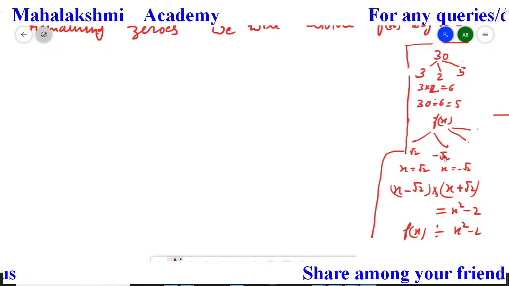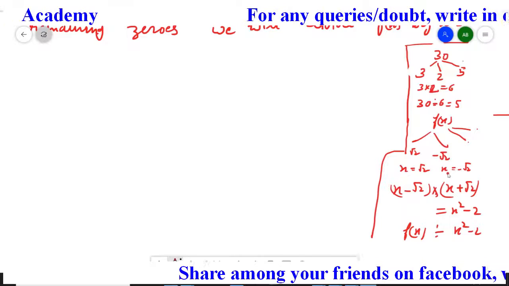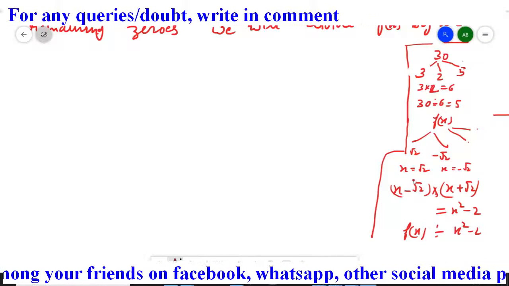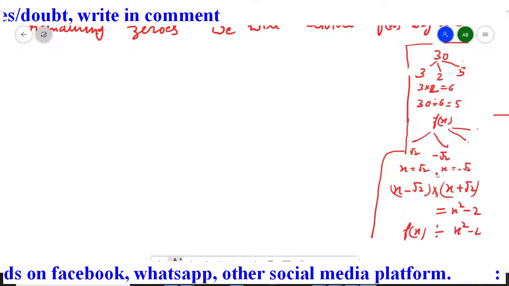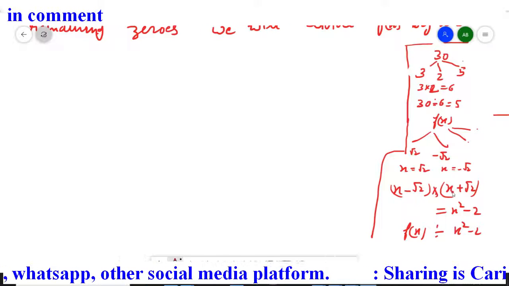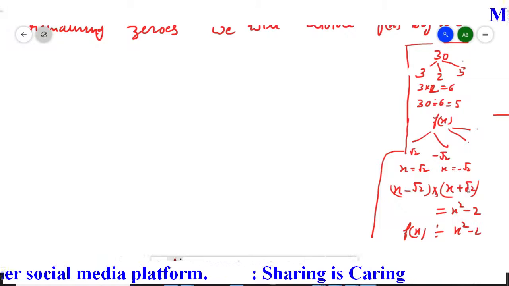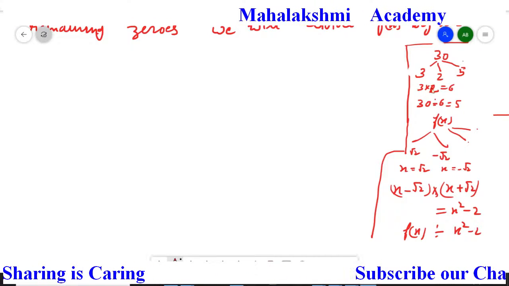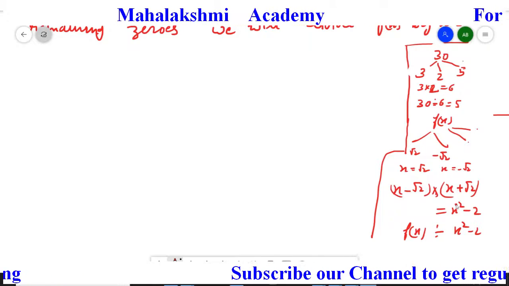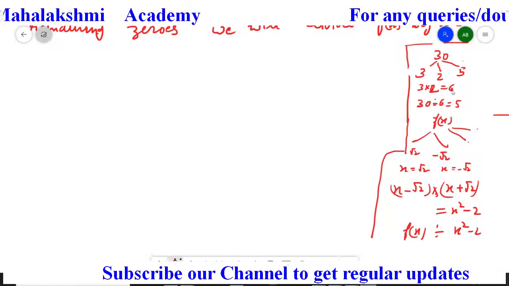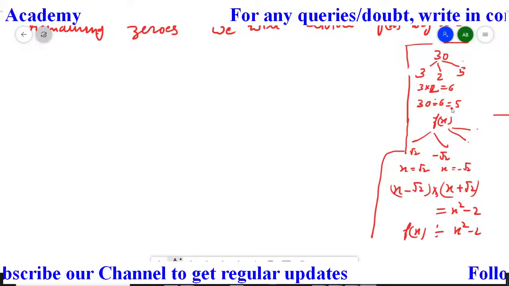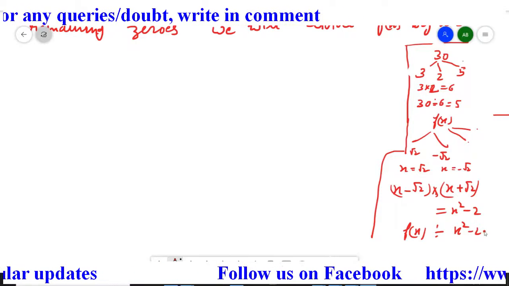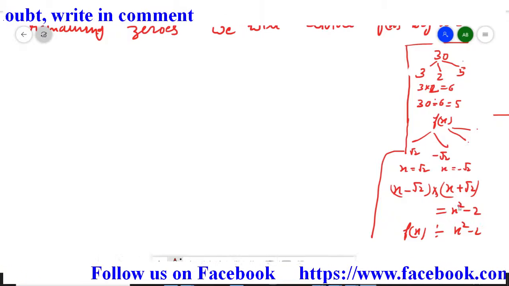So first the zeros we have to convert into factors by this process. From root 2, the factor we got is x minus root 2, and from minus root 2 we got the factor x plus root 2. From these two factors, just multiply them, like we multiplied 3 times 2 to get 6, and that will give you x square minus 2. Then we divided 30 by 6, in the same way you have to divide fx by x square minus 2 to get the remaining factors. So I hope this process is clear to you.